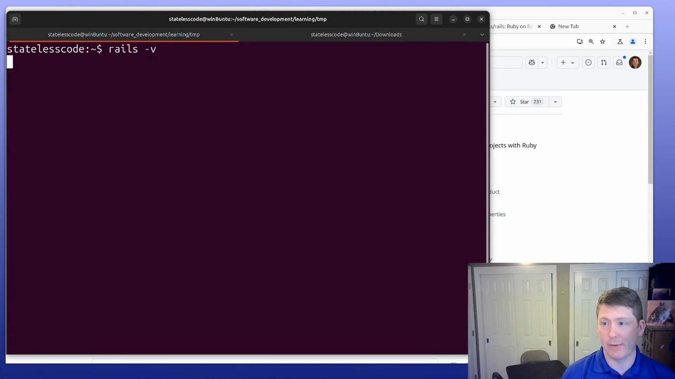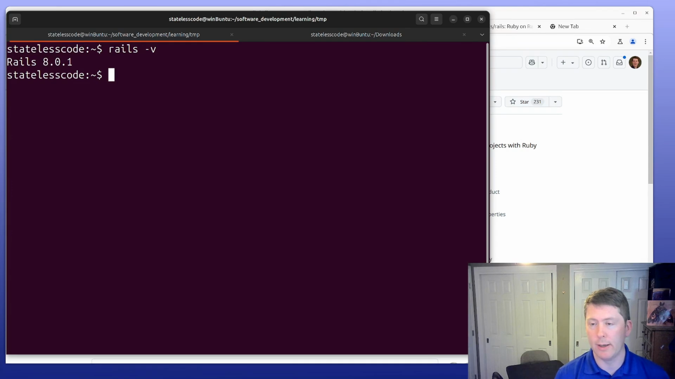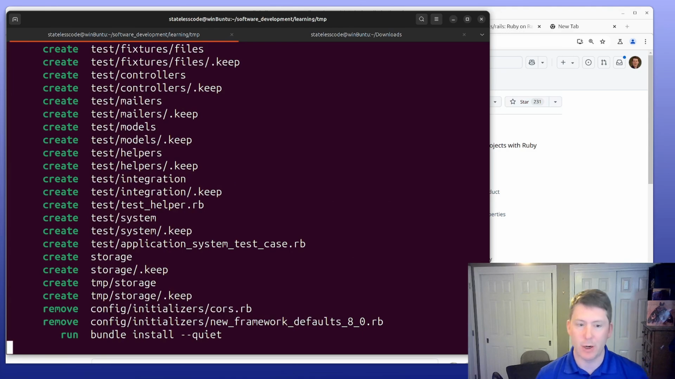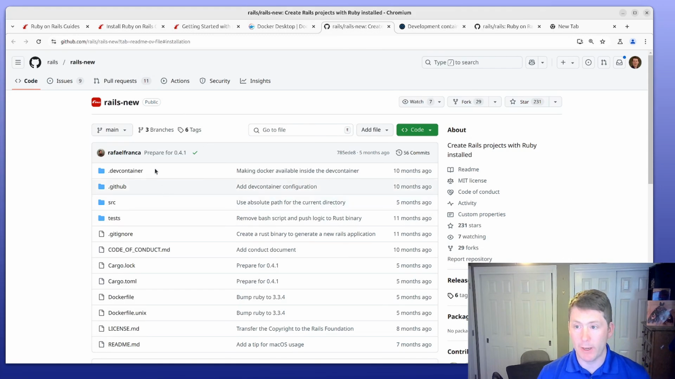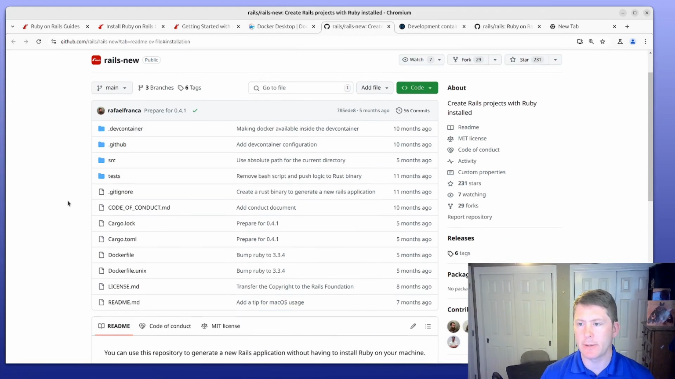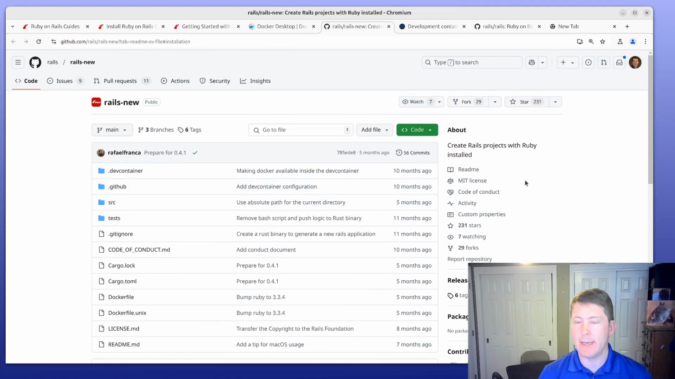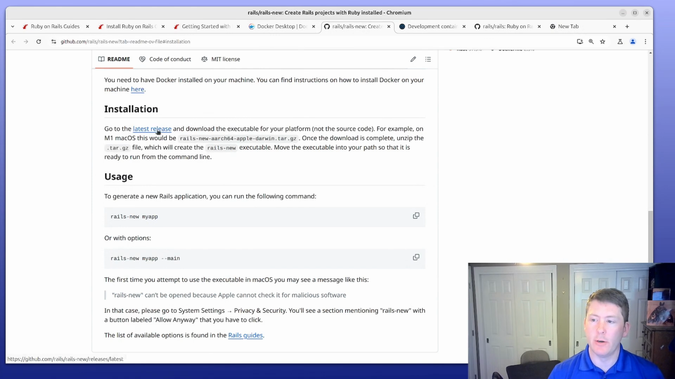So locally, I have installed Rails 8.0.1, and if I do rails new, it'll start installing that. We'll leave it in the background while we keep looking at rails-new. So what you need to do here is, per the installation notes, find one of the latest releases, and match the tar.gz file